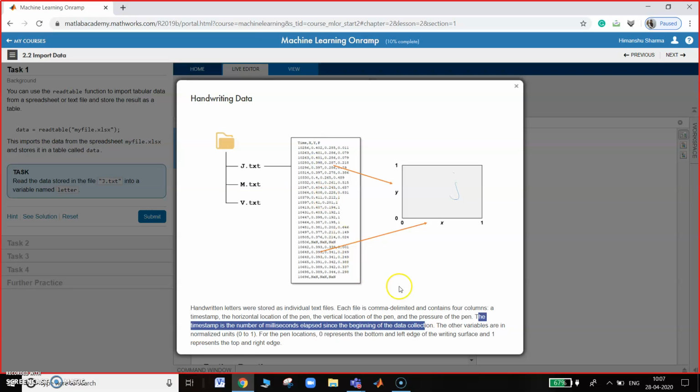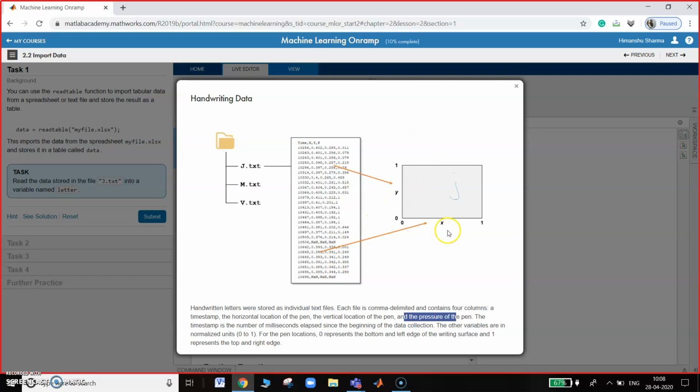The second column is the horizontal location of the pen, and the third column is vertical location of the pen, and the fourth column showing the pressure of the pen, right? So this is the contents of j.txt file, and it is having all these data.